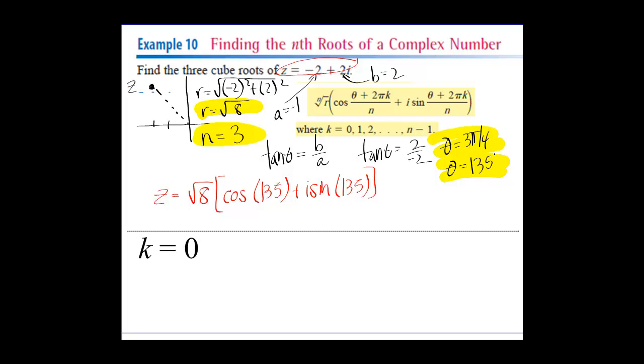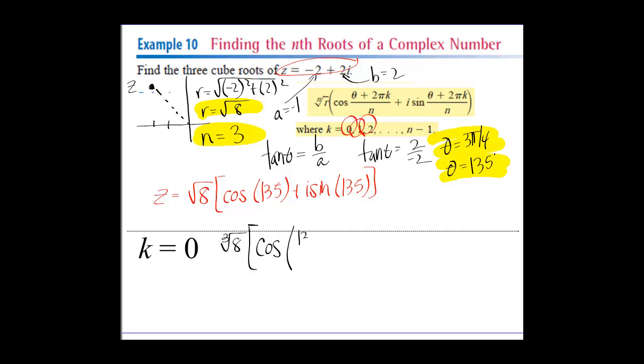So we're asked to find the 3 cube roots. So our k values are going to be 0, 1, and 2. So let's start with k equals 0, substitute in values. So we've got the cube root of 8, which is 2, big open brackets, times cosine of theta, which we